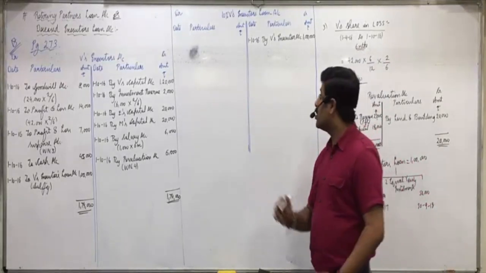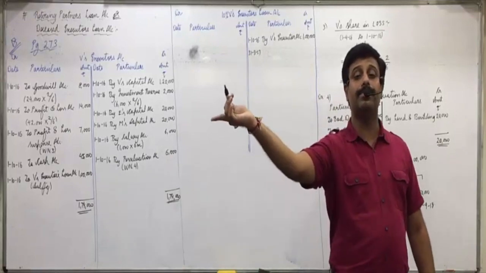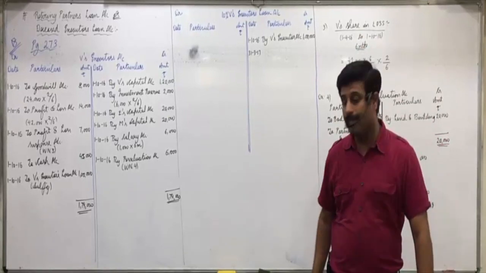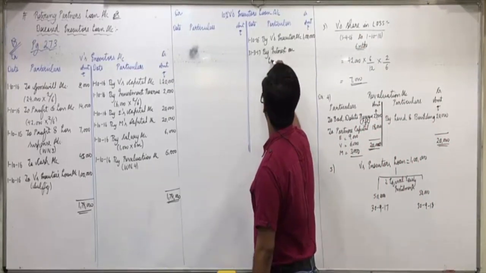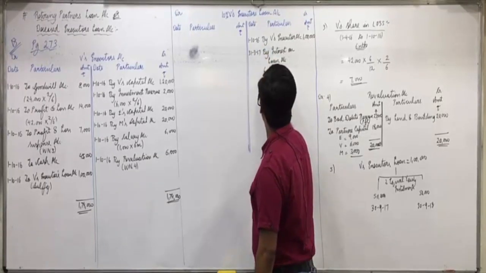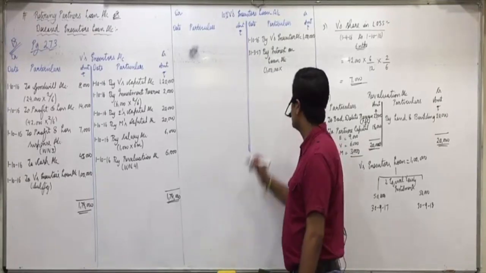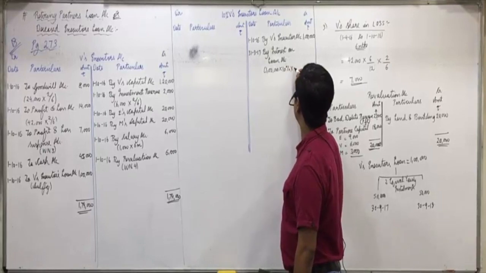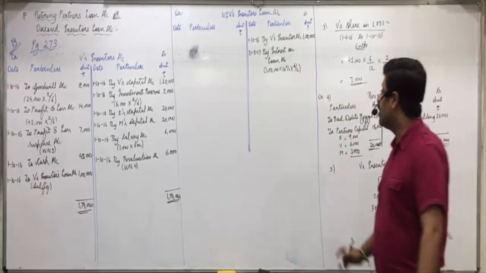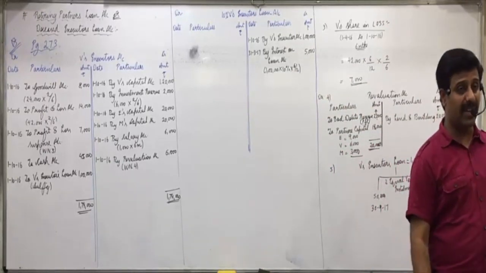Understood that portion? So first of all, on 31/3/17, I made you write in the notes: interest on loan will come on the credit side, and installment will come on the debit side. By interest on loan, in bracket, October to March, how many months? 1 lakh into the rate given in the last adjustment, 10%. If not given, then take 6%; partners' loan will have 6% interest. 1 lakh into 10% into 6 by 12, 5,000.